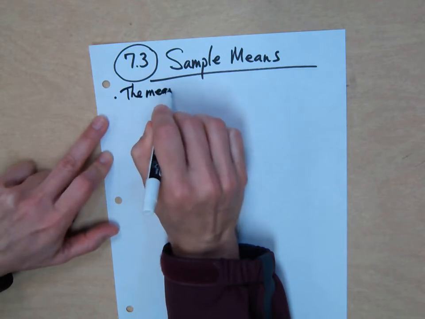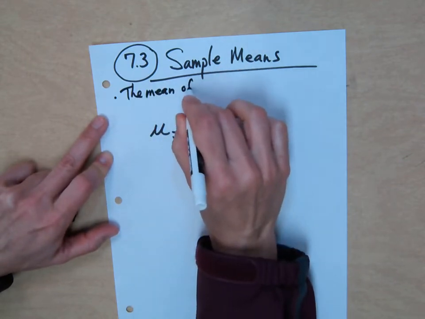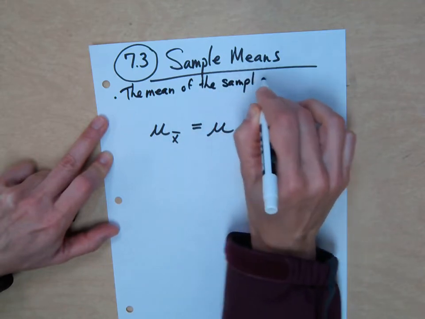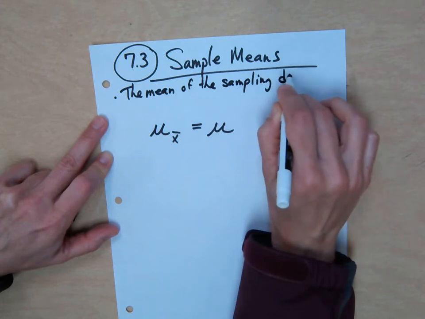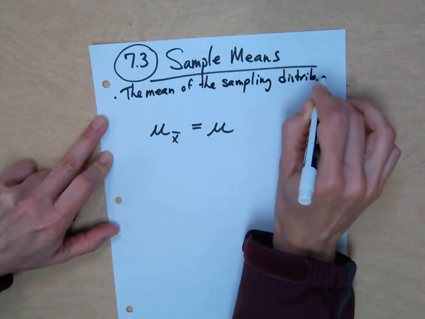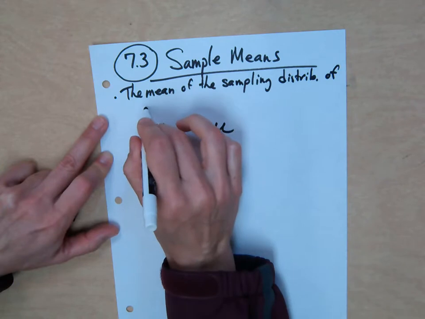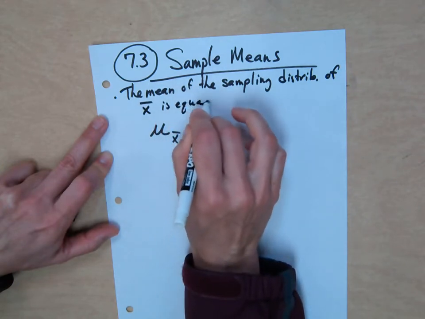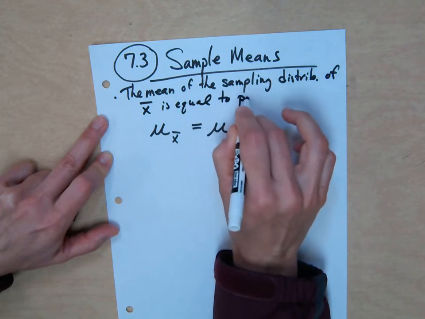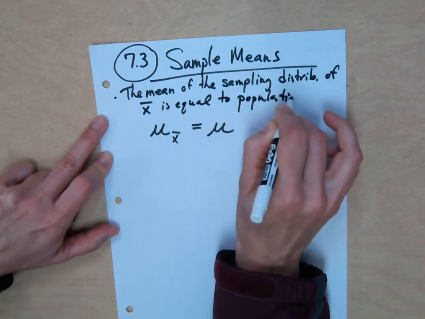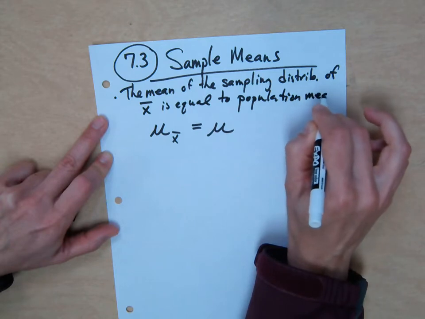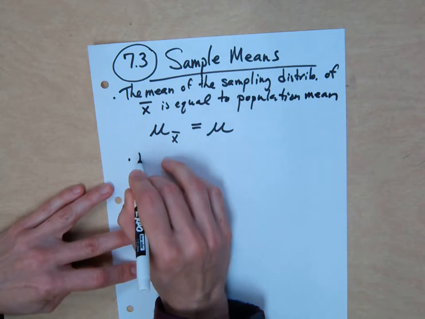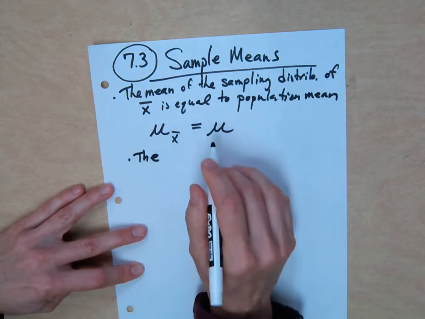So the mean of the sampling distribution of x bars is equal to the population mean. Very similar to proportions. Standard deviation, though, the formula looks quite a bit different, which makes sense because